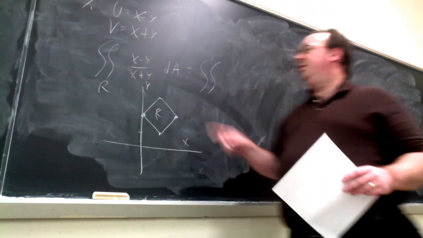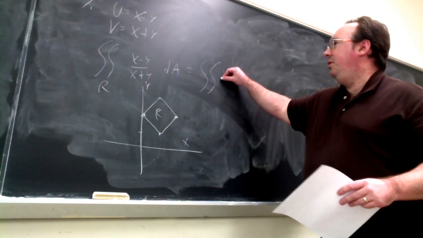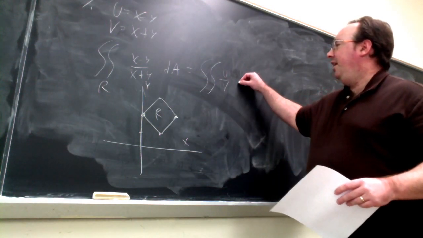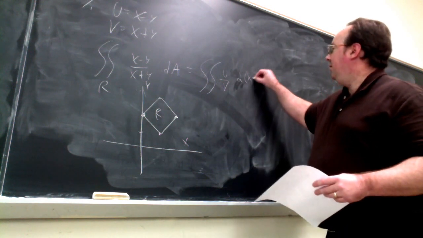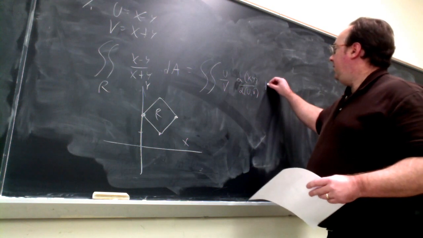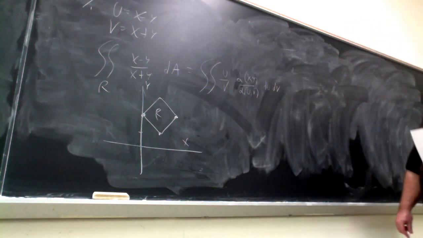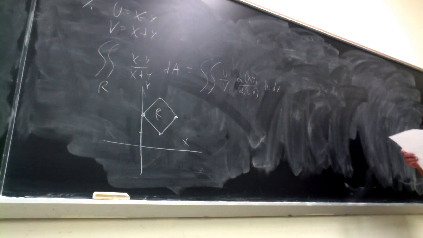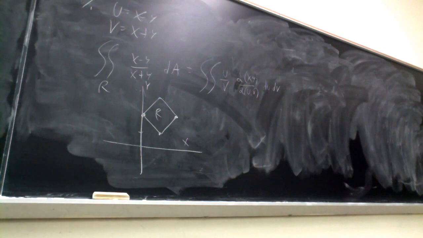Okay, so what you need to do now: at least the integrand itself is easily transformed, because we're going to have u over v, and then you have your Jacobian, du dv, but then the limits have yet to be determined. Now, as far as the Jacobian is concerned,